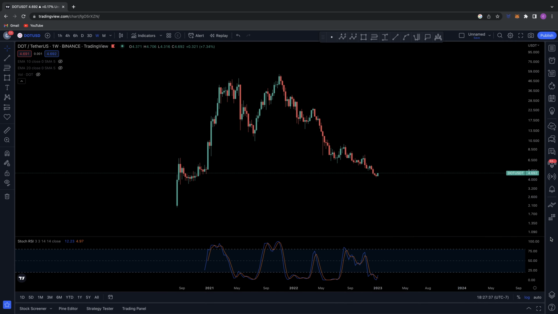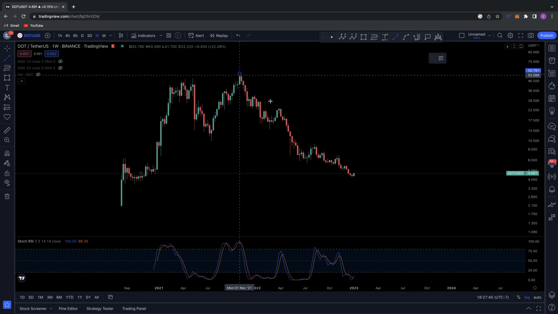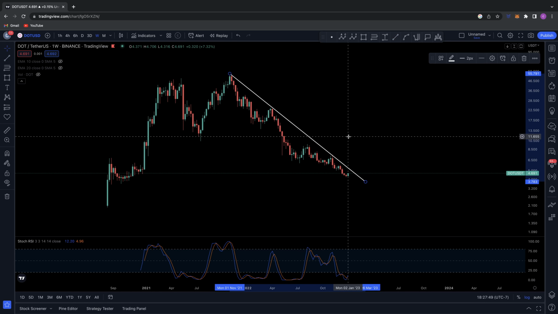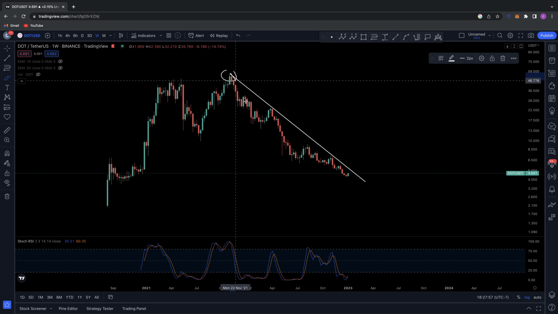We're going to be taking a look at Polkadot today and diving into some TA for you guys. So what we're looking at here, again, for many projects that I've been viewing over the past few days, a lot of projects have got this level of resistance and certain trend lines that they've been under for many moons. Since back in November 2021, you can see that since here, where Polkadot came down, it